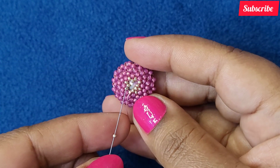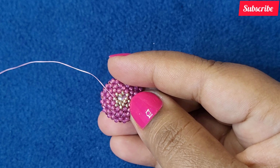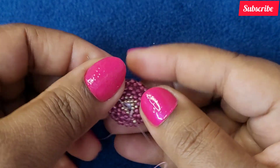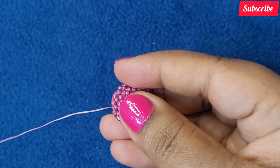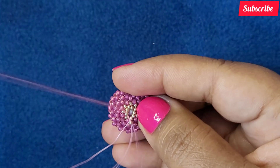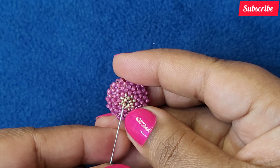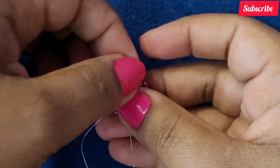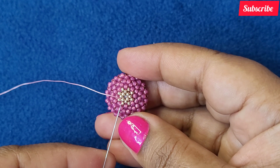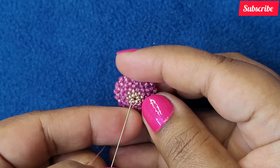Again picking up 1 15o champagne and pass through this next 15o champagne added in the last round. Again picking up 1 15o champagne, passing through the next one and my last 15 champagne and pass through this next 15 champagne like this, stepping up into the first 15 champagne of this round. And now I'll be passing through all these 4 15 champagne that I added in this round without adding any bead,